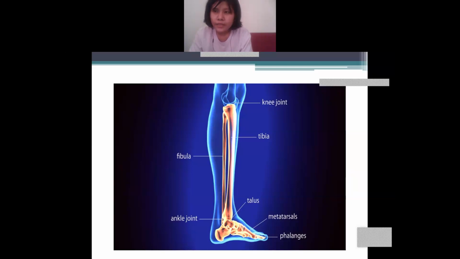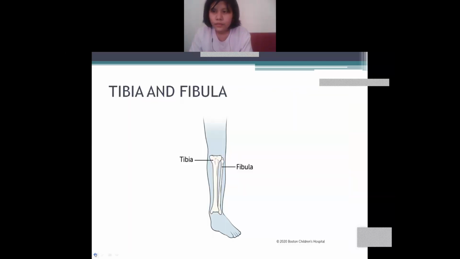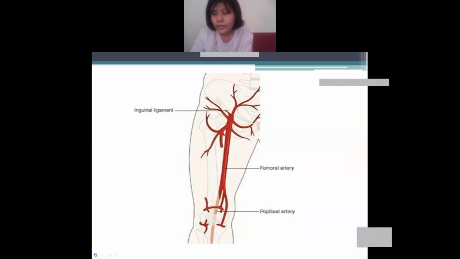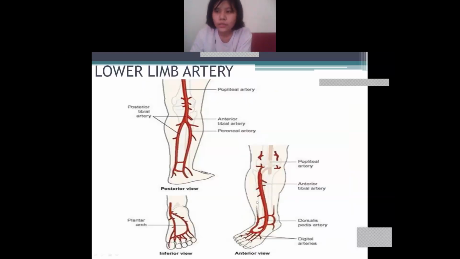Yes, did you understand? The anterior tibial artery will start from here and it will end here at the ankle joint. This is your ankle, right? So it will stop here. Did you understand till here? Yes, ma'am. Okay. And it will end at the ankle joint and continue from here.